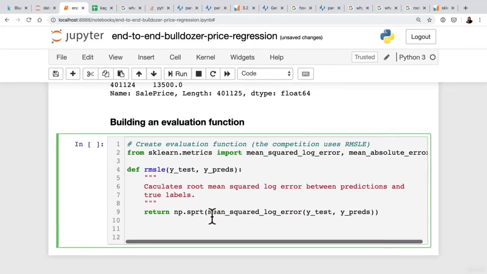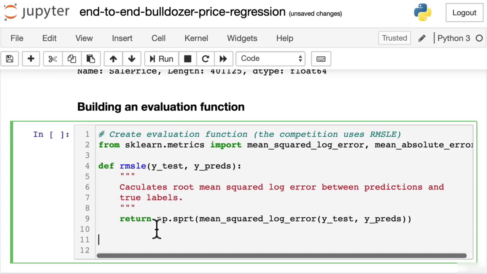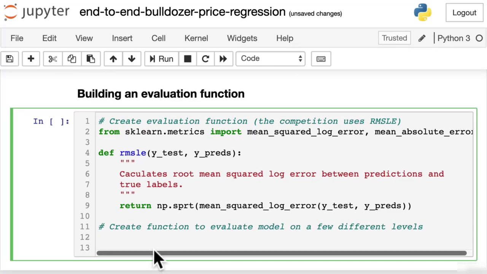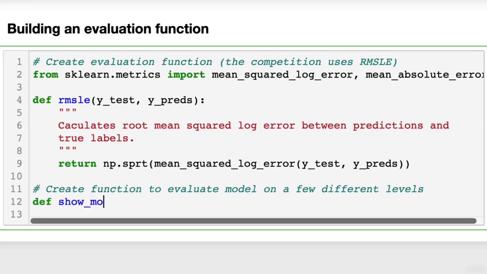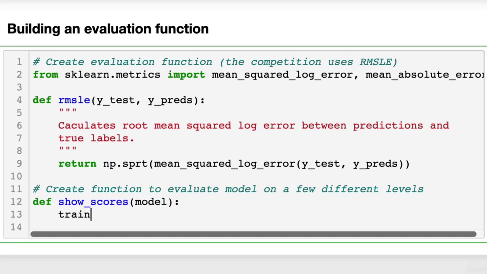Okay, and we probably want to check a few more things, like we want to create an evaluation function to check a few things at the same time, so we don't have to keep calling something like this. So let's create function to evaluate model on a few different levels. So again, evaluation is just as important as building the actual model. So we'll go here, show scores model. So we'll pass it our model. We'll make some predictions on the training data. So model.predict. So we'll evaluate how our model did on the training data,